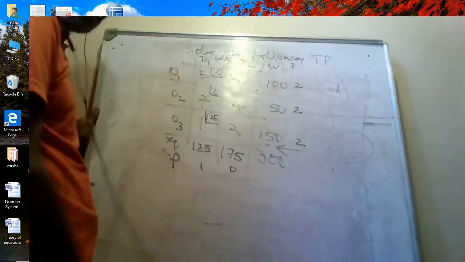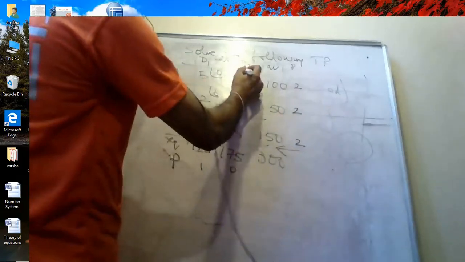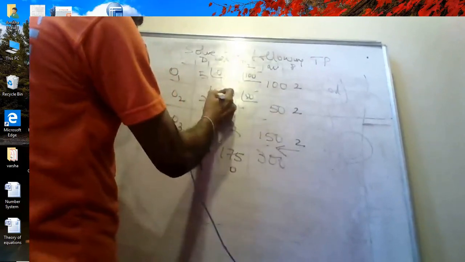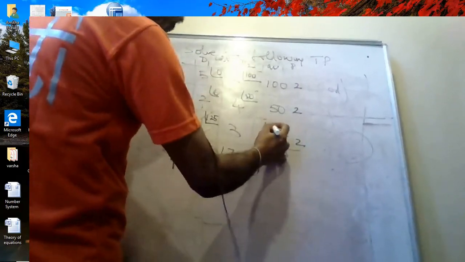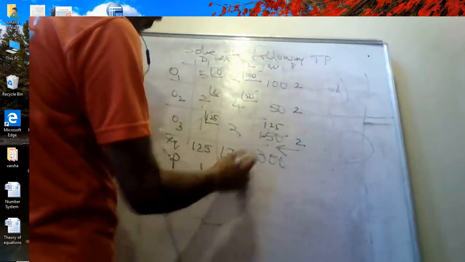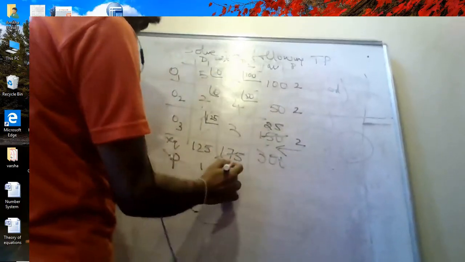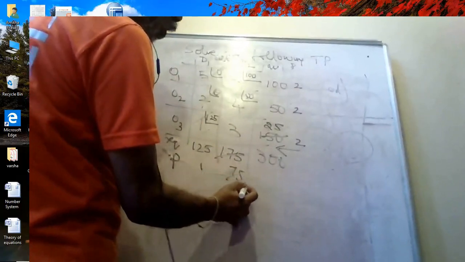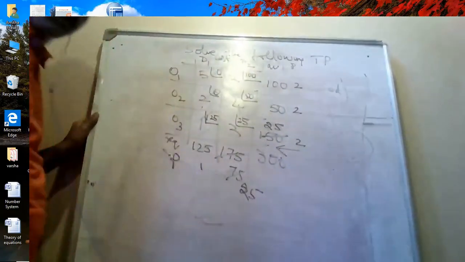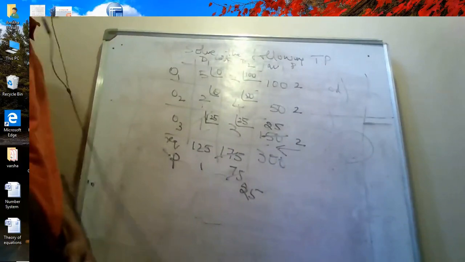So since only one column is gone, only one column is there, directly you can write 100, 50. So in this 125 is gone. So here 100 is gone, 75, 75, 50 is gone, 25, so 25. So dear friends, this is the initial solution. All of you are clear?